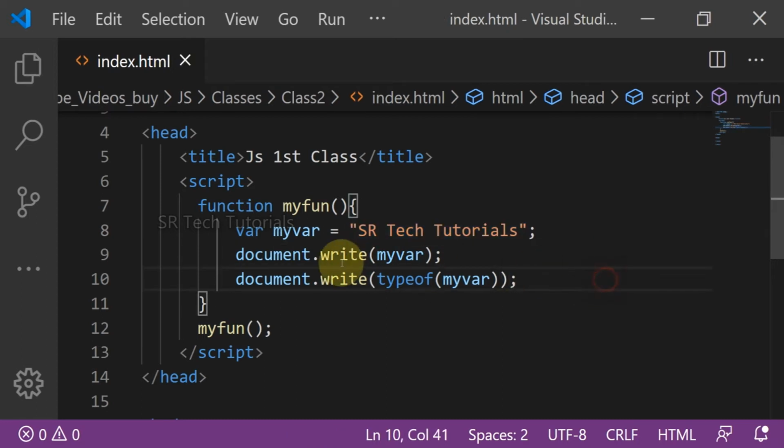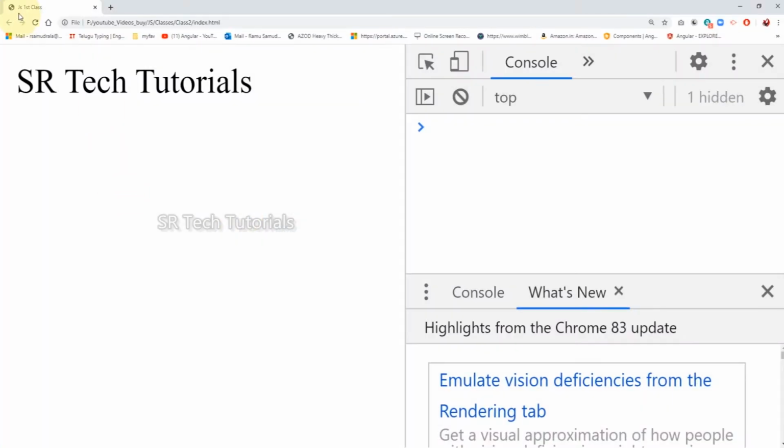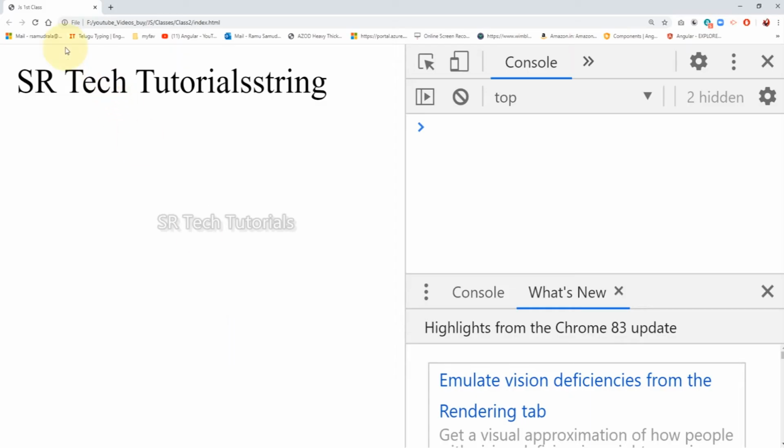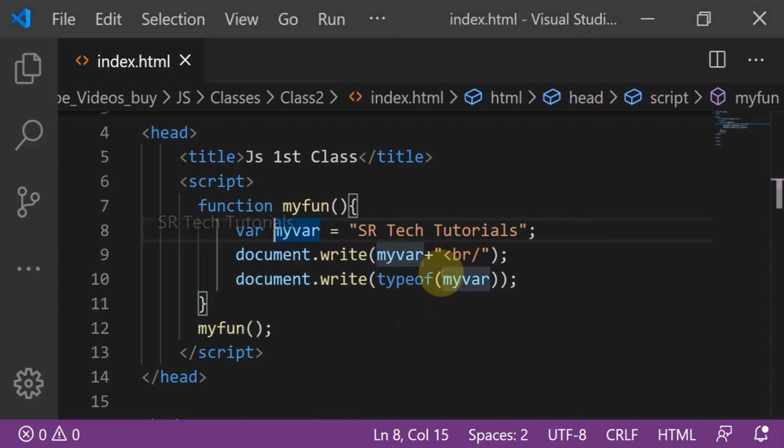Just check once. Tutorial string. Yeah, sorry guys, it's combined both. So I am adding a break for it to appear on the next line. Sorry, closing tag missed.